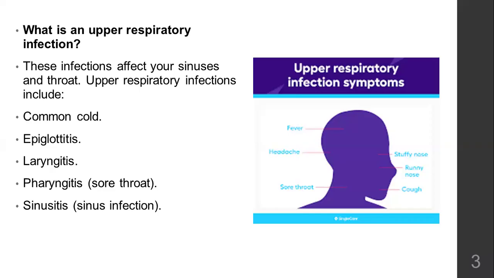Epiglottitis is like when you have a sore throat. When you swallow, you find it difficult and you have pain while swallowing. So that is sore throat, pharyngitis. Epiglottitis involves the epiglottis, which covers your sound box, your voice box. It's a small tissue in a triangular, leaf-like shape that covers your larynx. So that gets inflamed.